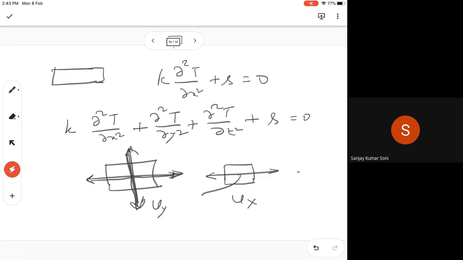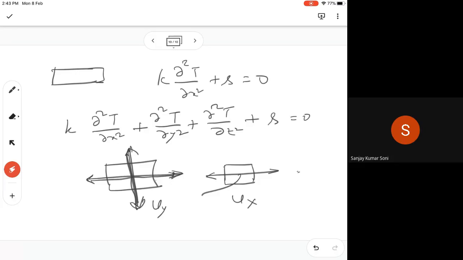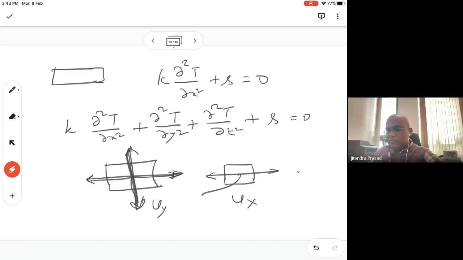Sir, I could not attend the last live session due to some reason. So I have some doubt. Yeah. Okay. Can I ask? Sir, you have mentioned somewhere in your notes that many solutions we will achieve if K is symmetric, or the determinant of K, the stiffness matrix, is zero. Could you please explain, sir?